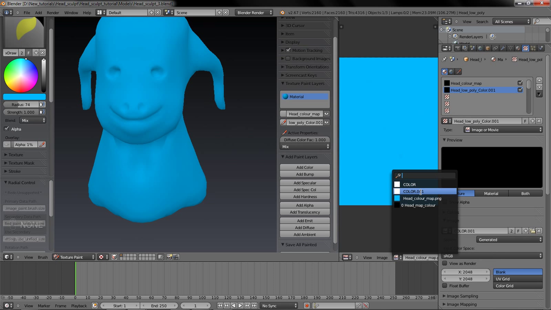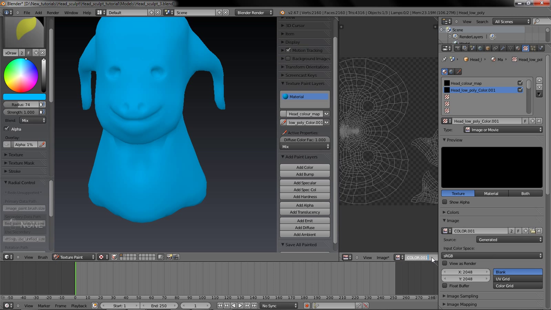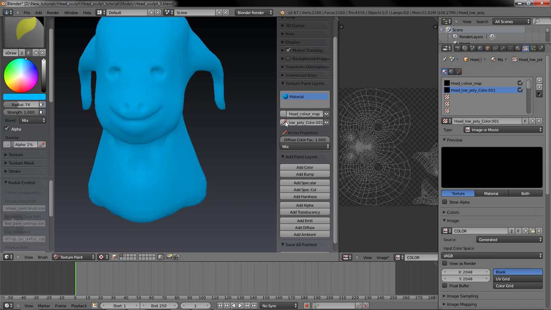So color.001, just call this mesh because that was a mess up. And then you can just call this one straight out color. You can see on this one it's completely plain. So if we took